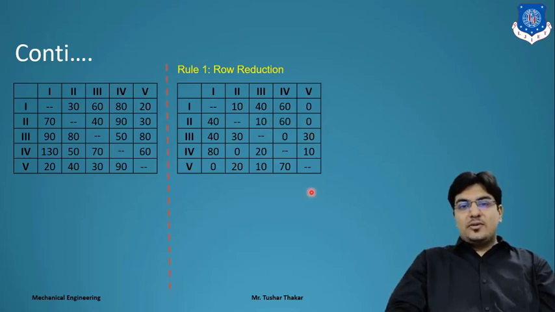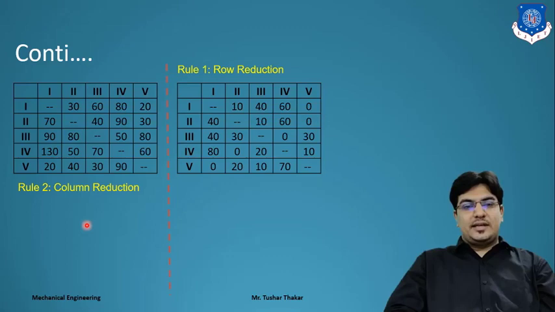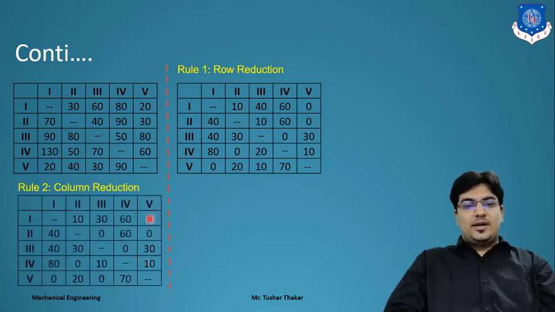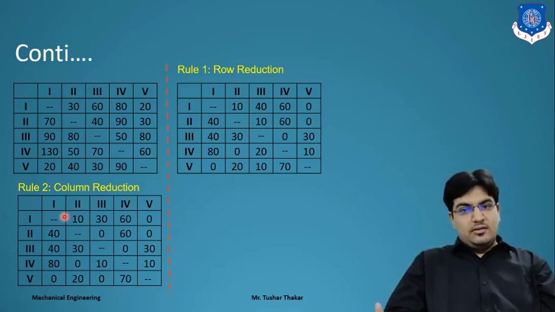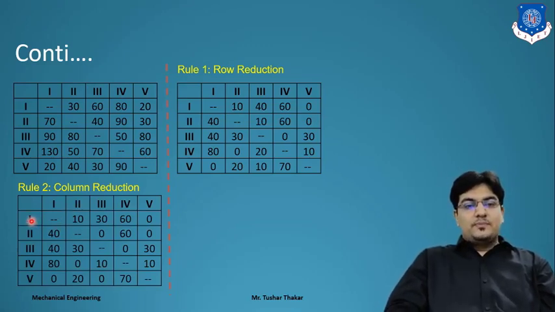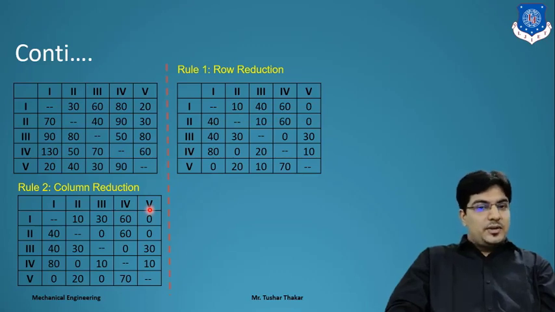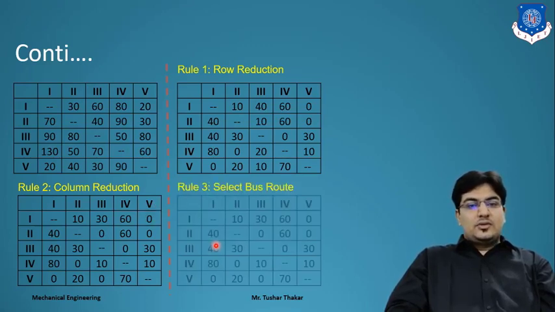What is the next step? We have to check whether all the columns contain 0 or not. Column 3 doesn't contain a 0. So what is the next step? That is column reduction. We make one table of column reduction. Now we give an allocation. We give an assignment, meaning at point 1, the bus driver goes to area 5. I mean the number of the area is not 5, but the location is area 5. Suppose there is an X area. Give the assignment here.